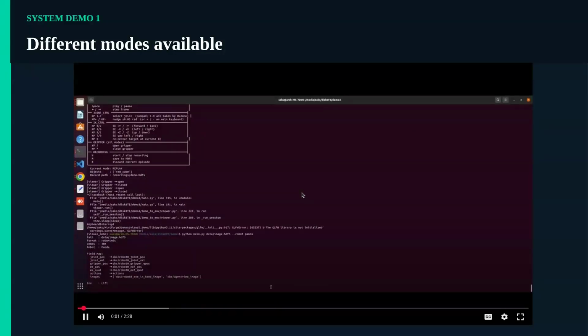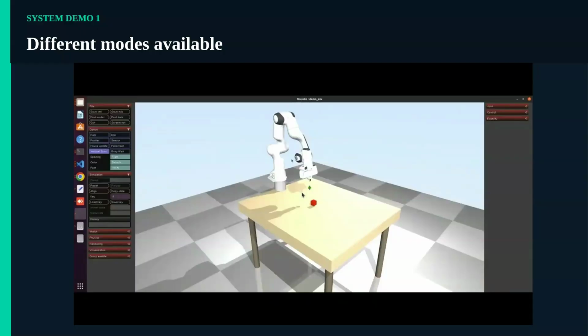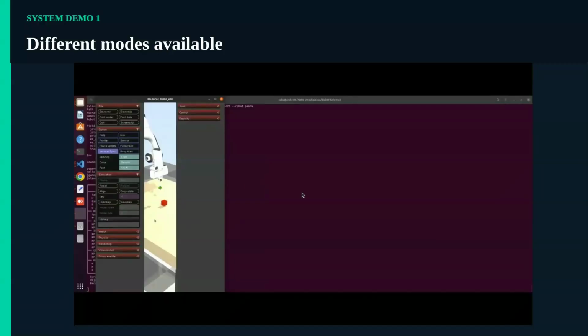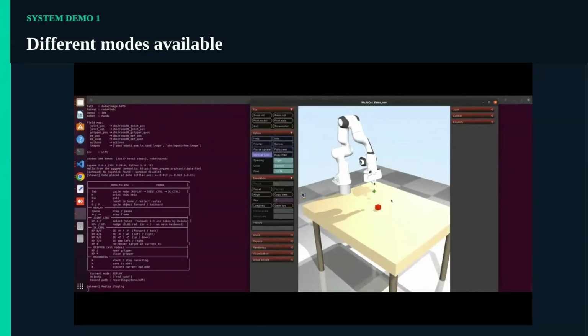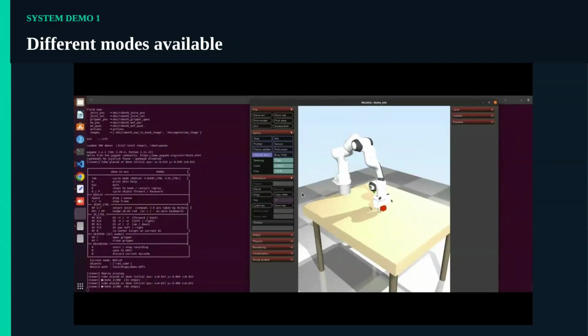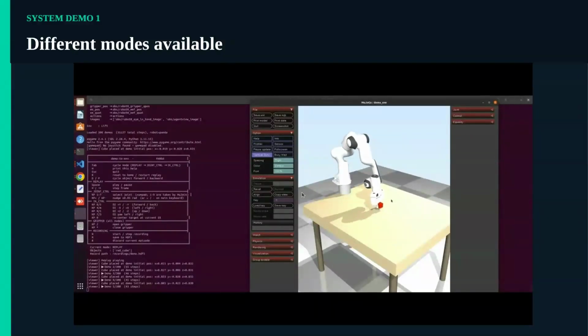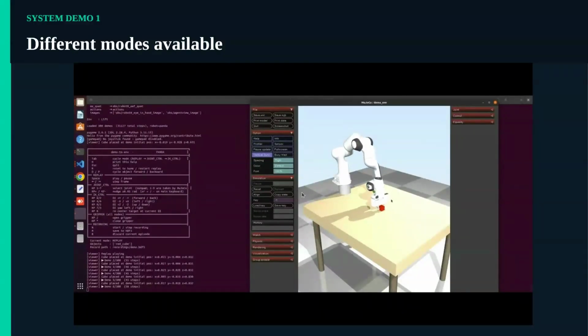This is demo one, which shows how you can switch between the different modes. Here we have specified the robot as Panda, but as we'll see later, even if you don't specify what robot it is, it's able to detect it from your HDF5 file. So when you load your HDF5 file, just tell it the file name. It automatically replays every demo in sequence from your data file. As we can see now, there is no teleoperation or keypad operation. This is replaying the demos in a file.